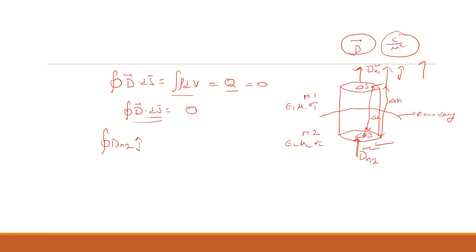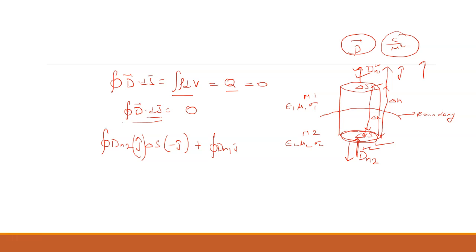Now what is ds? This is delta s. Now what is the direction of this cap? This is always outward. Outward means in this case it is along this direction, so it is minus of j cap. Okay, Dn2 j cap dot delta s minus of j cap. Fine. Plus, now the flux is leaving through this surface, so it will be